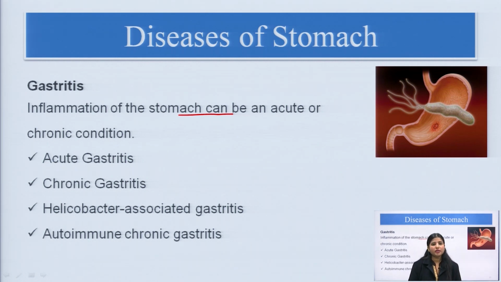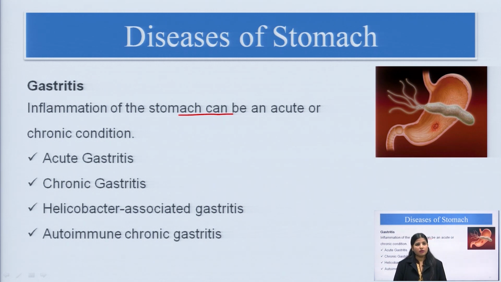Yes, there could be gastritis, inflammation in the stomach, due to one of the bacteria, Helicobacter. This is also causing ulceration. Peptic ulcer is one of the conditions which is caused by Helicobacter also. So there is an inflammation in the stomach due to Helicobacter. There could be one more reason.